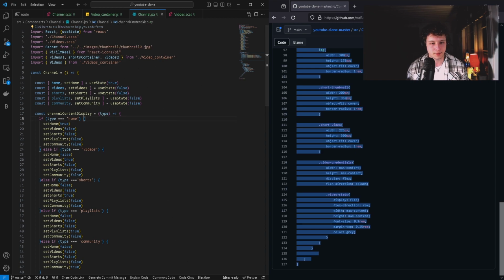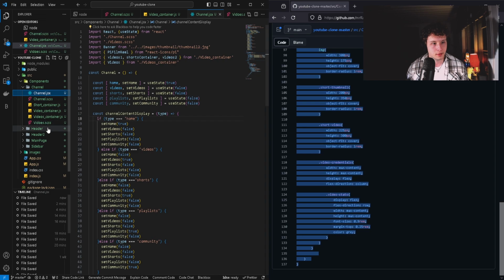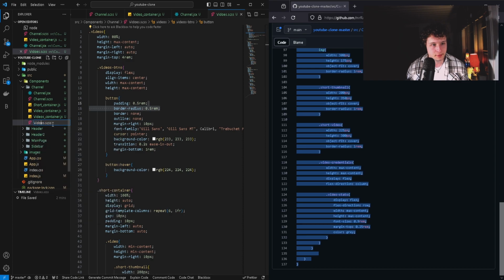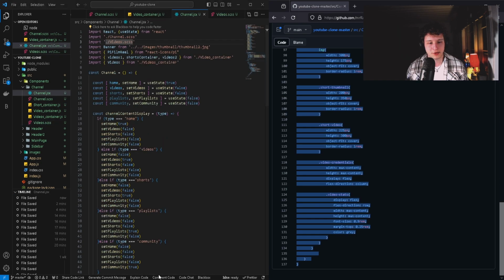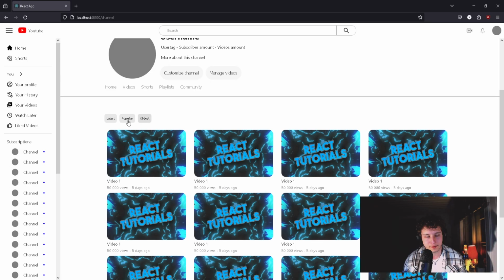And I think I typed that wrong, probably. Yeah, because this is spelled wrong. Nice. Let's change that to videos.css. And now we can head over to our browser again, and you guys will see these buttons are probably,